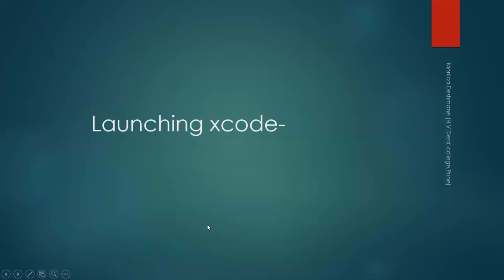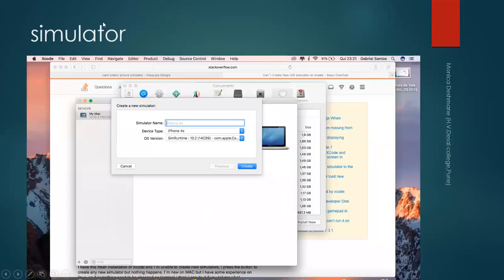Now, launching Xcode, what is it? This is basically a simulator for launching. Either you have to download the simulator, or you have that simulator and you want to run only on that particular selected simulator, same as Android. Suppose I want to create a new simulator, then I have to give the name of that simulator, then give the device type.